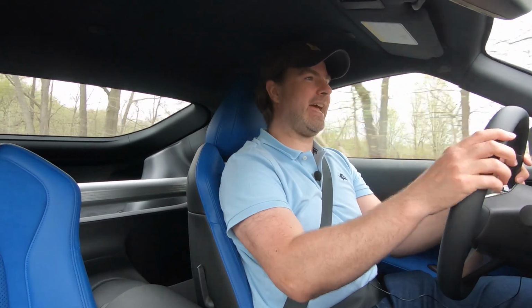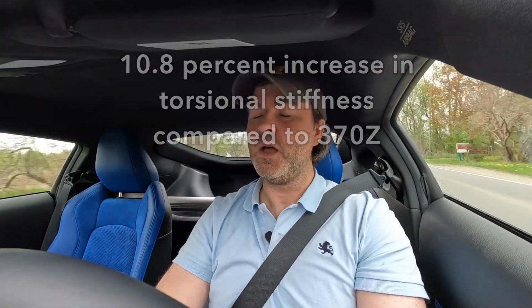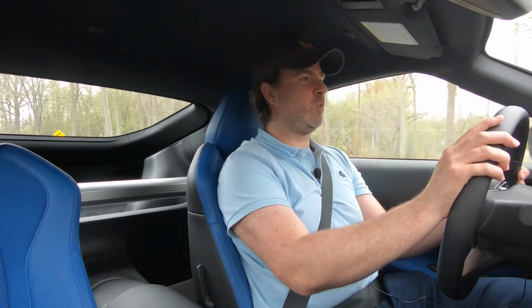But of course, it's not about just going quickly in a straight line. This is a sports car, not a muscle car. And yes, I of course had to test the handling as well. But before I do that, let me quickly tell you a little bit about the suspension. So I already said that Nissan improved the structure of the Z, but Nissan also did some work on the